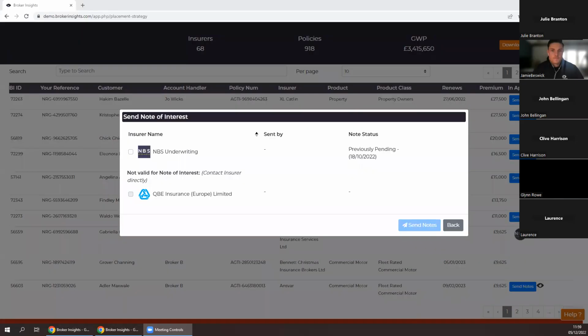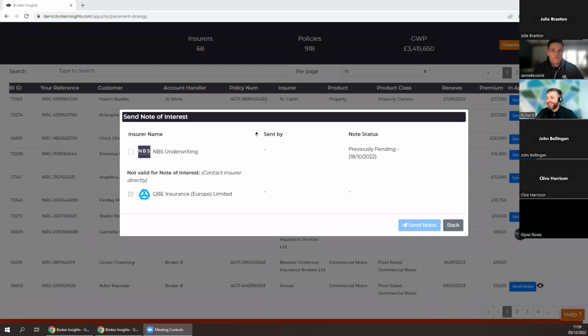So you're talking about, let me get the screen back up. I know exactly where you were. Let me just share my screen again. This was on the placement strategy screen. And when that happens, we just find one example in question. Might have been one of these. This one here, for example. Here we go. So as an example, when I'm sending off a note of interest, have I not? Sorry. No. Apologies. There we go. How about now? Hopefully you can now see that. That's better. There we go. I'm not used to using Zoom, so an amateur mistake.